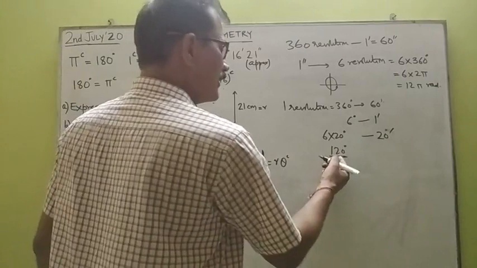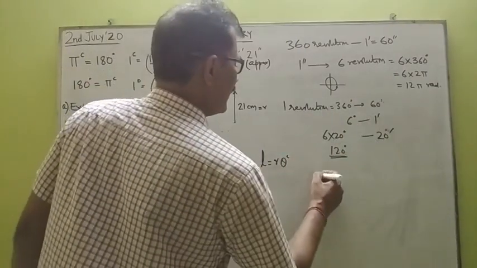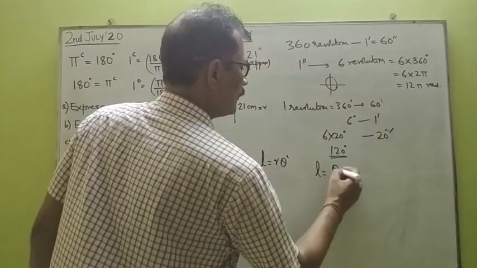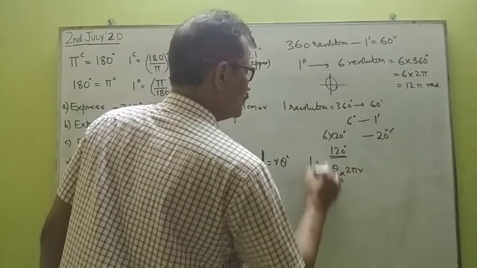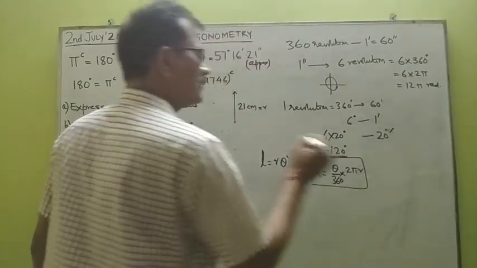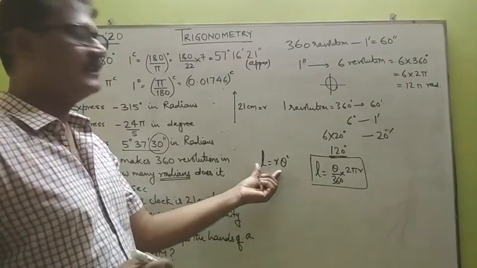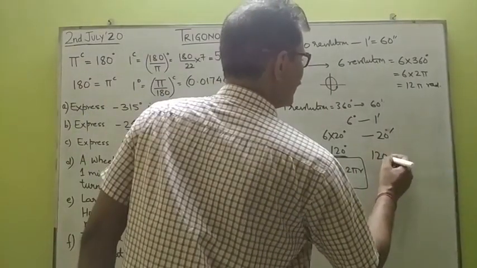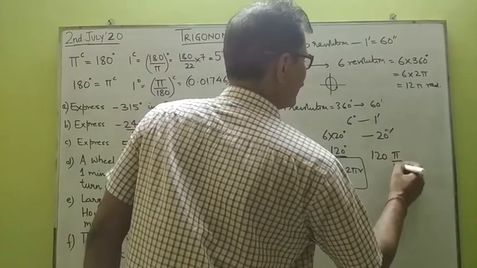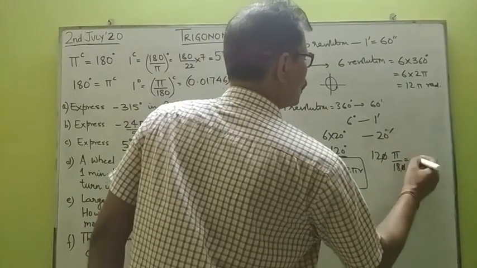Either if you want to use 120 degree, then use the degree formula, that is, arc length is given by theta upon 360 into 2 pi r. So if you use this formula, then you are using theta as 120. But if you are using the other formula, then theta has to be in radian. So 120 degree, if you are changing to radian, you have to multiply by pi by 180. And this becomes 2 pi by 3.